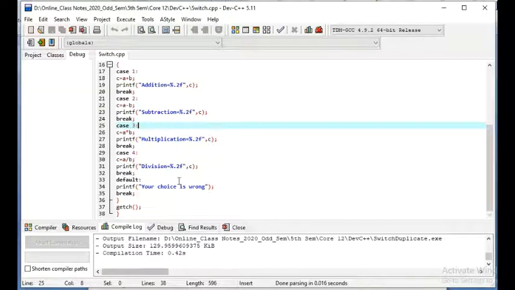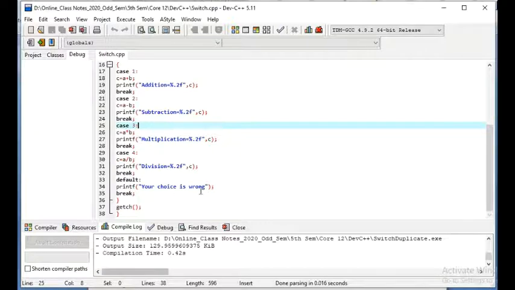Then again break. Now what is default? Other than the numbers 1, 2, 3, 4, if you press anything like 5, 6, 7, 0, any number, then it will print your choice is wrong. That is the default statement. That means if we do not press either 1 or 2 or 3 or 4, it will display the default statement, your choice is wrong.